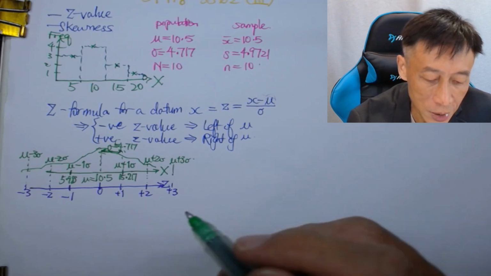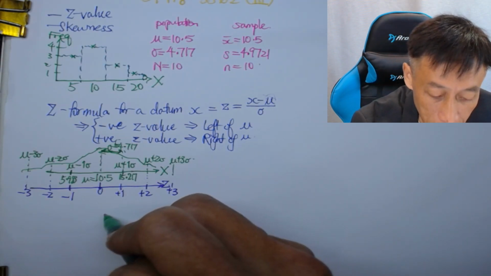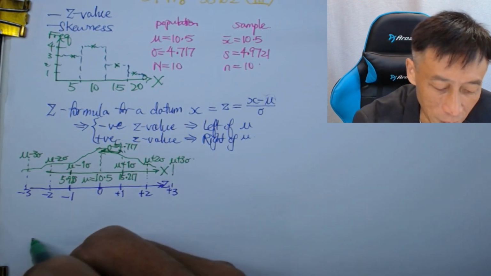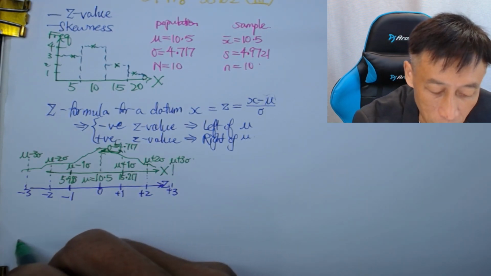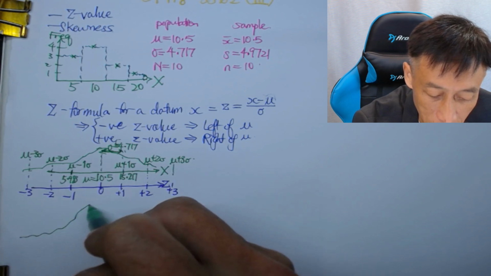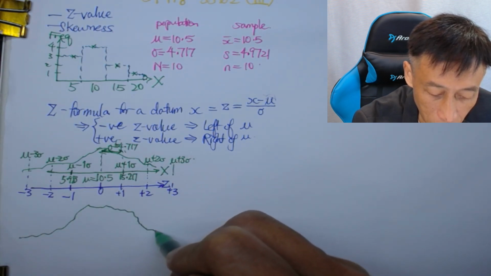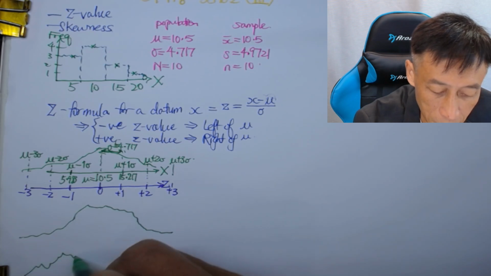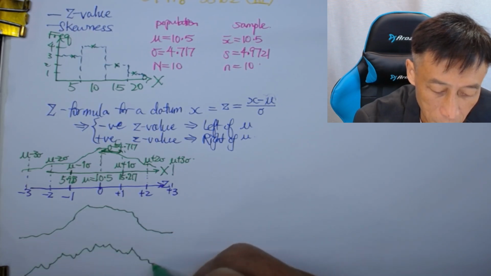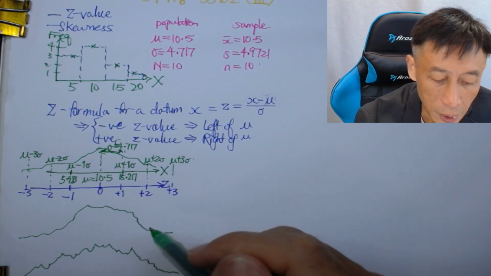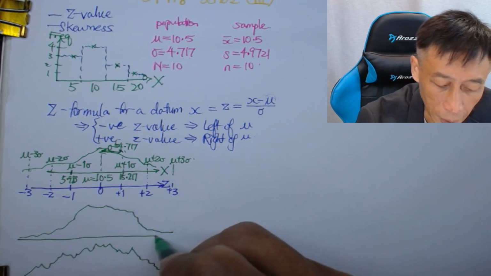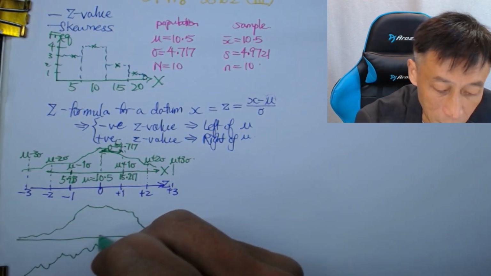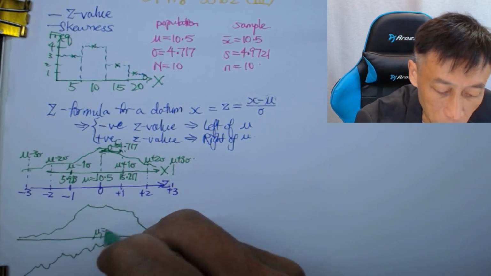No matter what sort of data, whether it is like this or like this, doesn't matter, right? And the idea is that if your x is some numbers, like mu equals 107,